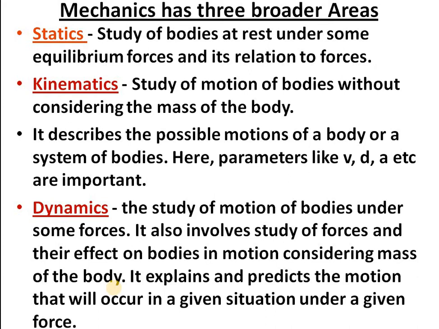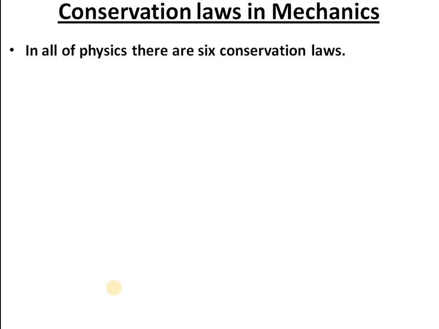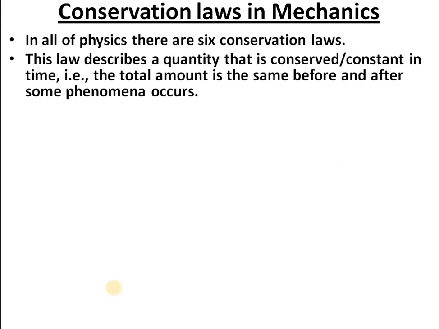Okay, and now you know there are many conservation laws in physics. Conservation laws are very important in mechanics because they tell you that under certain conditions, certain things of a body remain constant. That is basically conservation. Under certain conditions, the momentum of a body may be constant. Under certain conditions, the energy of a system may be constant. Under certain conditions, the charge of a system, the total charge, may be constant. So accordingly, we have different types of